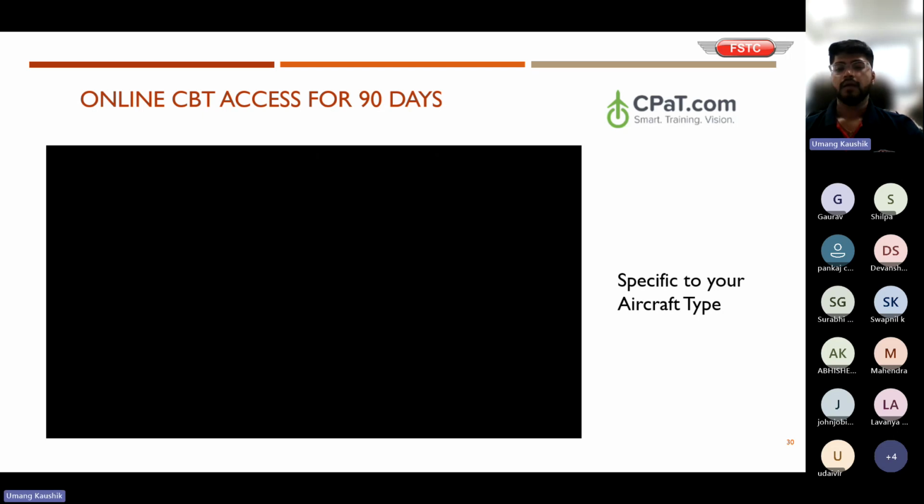So according to this, we have bought this software from CPAT, and once you join us, for example, for A320 or Boeing 737, ATR, Q400, we provide this type rating for these 4 courses. We have 4 types of simulators: A320, 737, Q400, and ATR. If you opt for one course, we will give you all the information and all the videos specifically